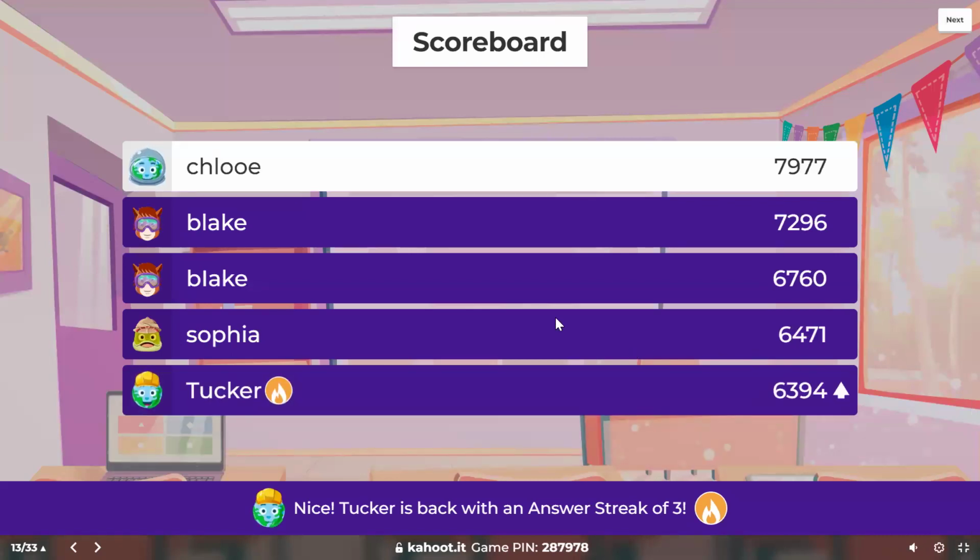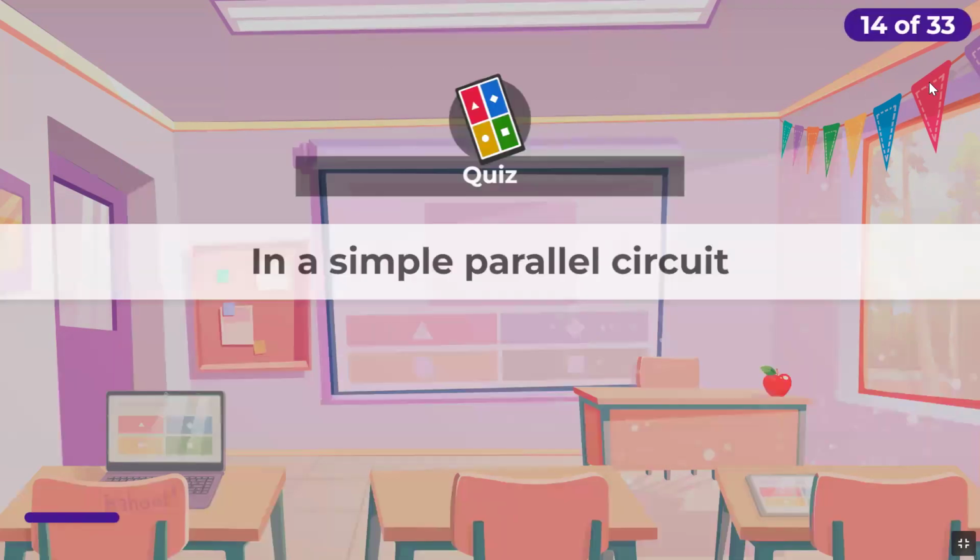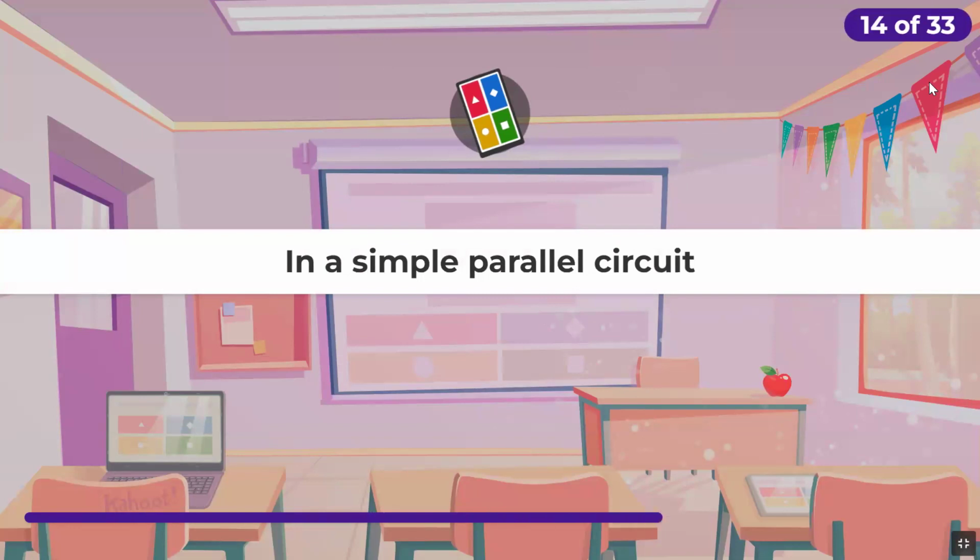Tucker on fire and in the top 5. Sophia, Blake, Chloe. In a simple parallel circuit,